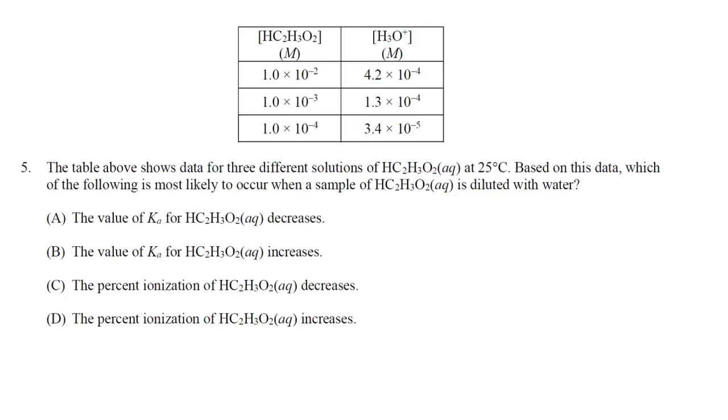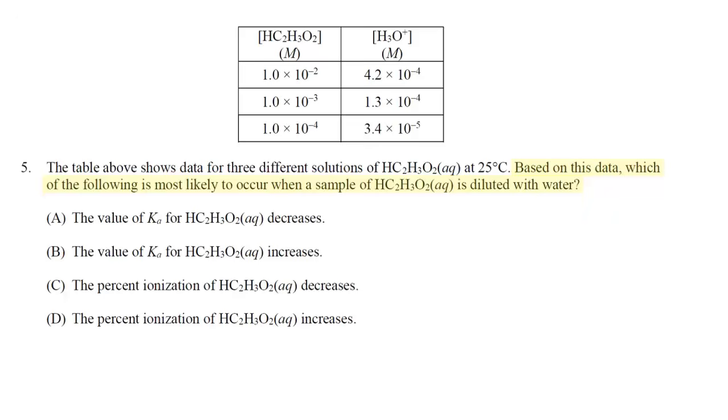In question 5, it says, the table above shows data for 3 different solutions of HC2H3O2, that is known as acetic acid or vinegar. 3 different solutions of acetic acid are listed at 25 degrees Celsius. Based on this data, which of the following is most likely to occur when a sample of acetic acid is